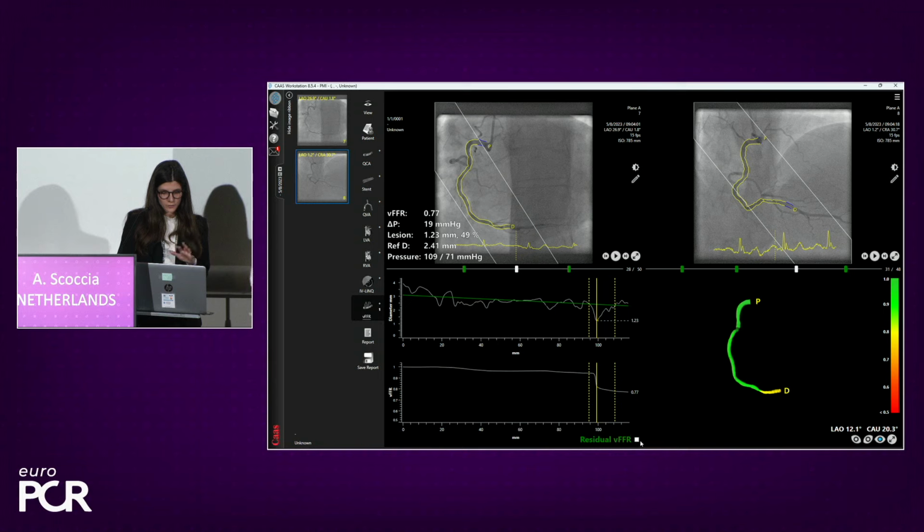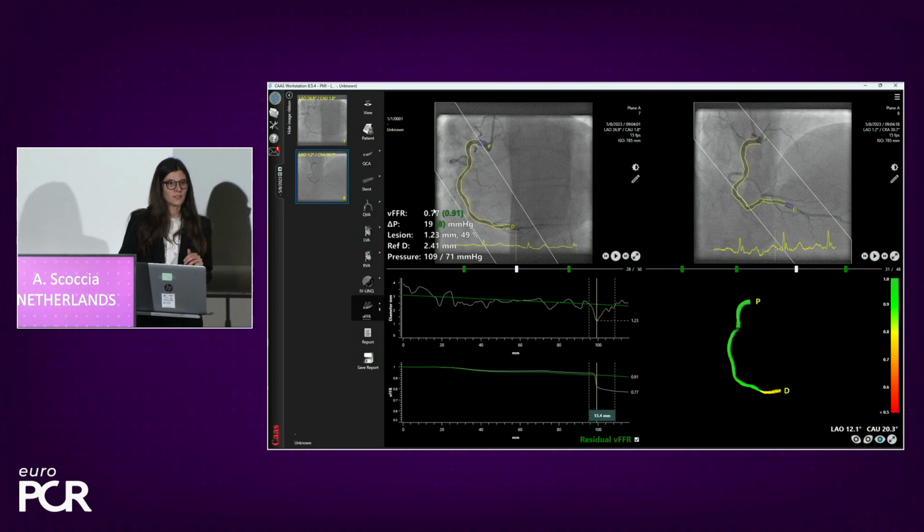And I would like to show you in this context the residual VFFR, or virtual stenting, like the tools I was mentioning at the beginning of the presentation. This is a tool which allows, using the pre-PCI angiogram, to perform a virtual simulation of a PCI, and will give you also the functional gain after a PCI. So by placing a stent of around 14 millimeters, so a very short stent, we will have a VFFR gain